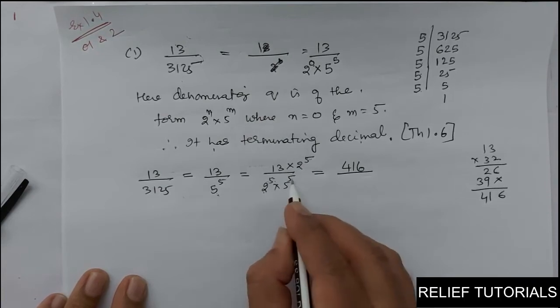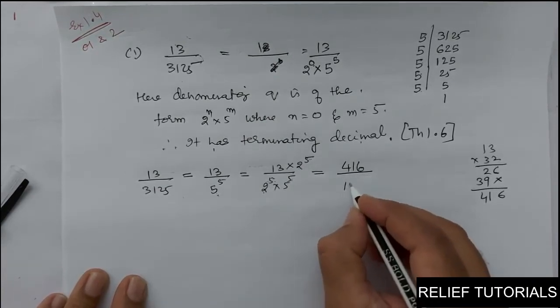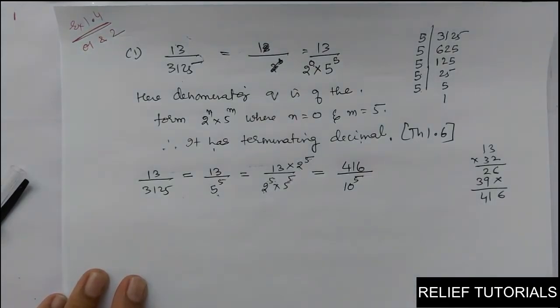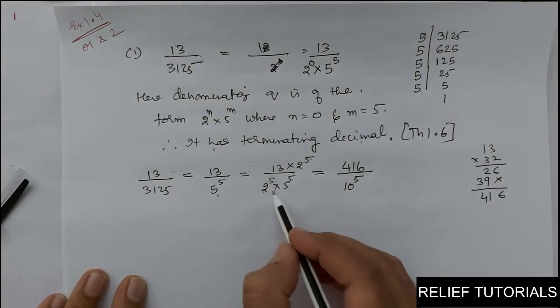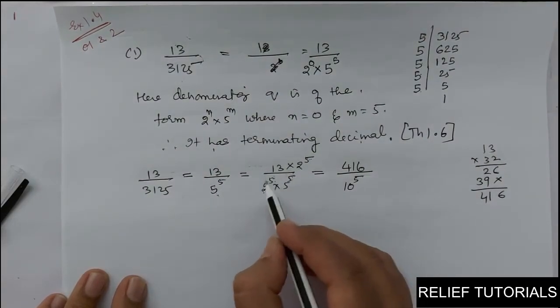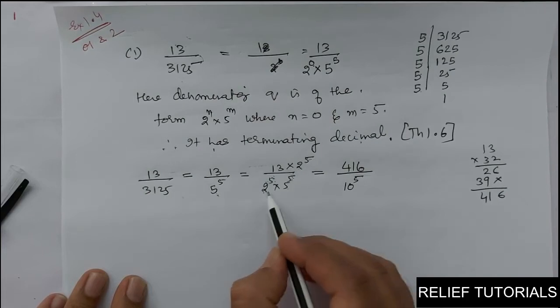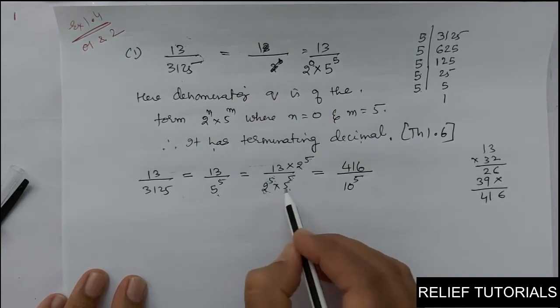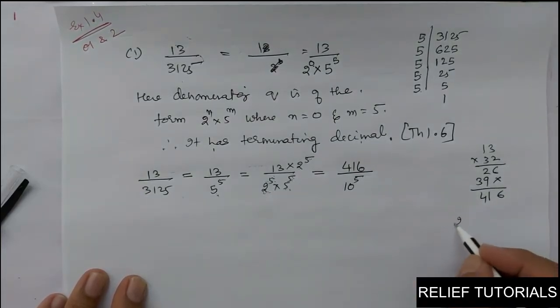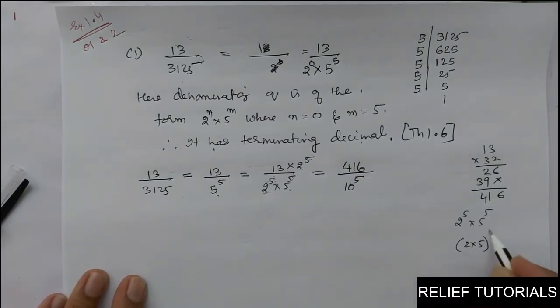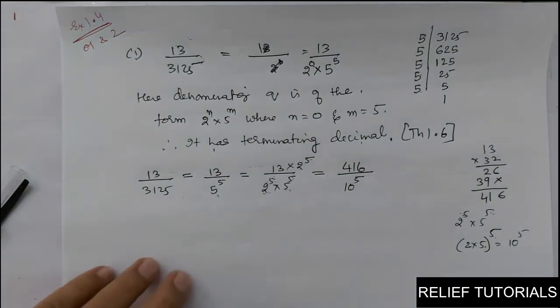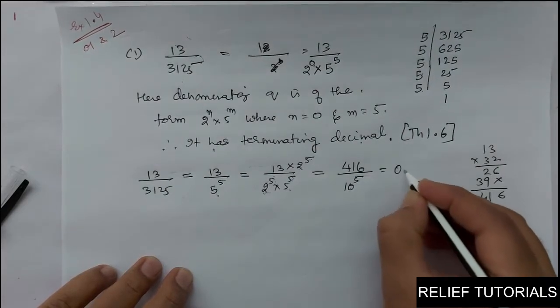Powers are the same, 5 and 5. So I can write here it is 10 raised to 5. Okay, have you got it? Powers are the same, 5, 5, so you can multiply the bases: 2 raised to 5 into 5 raised to 5 is (2 into 5) raised to 5. Why? Because powers are the same. So 2 into 5, 10 raised to 5. So here there are 5 zeros. So this is how I can write